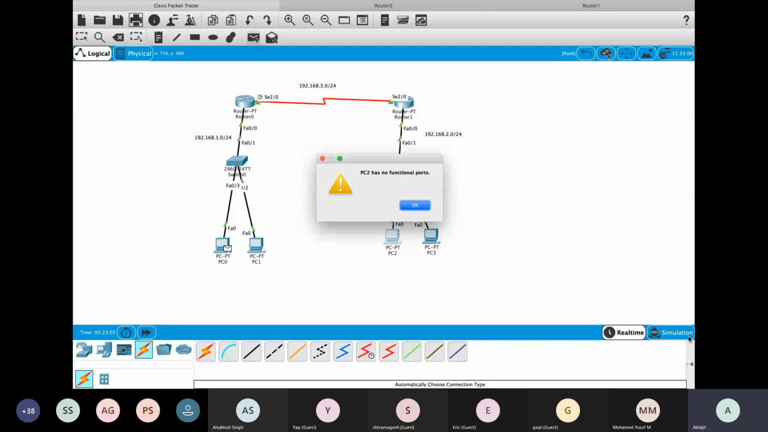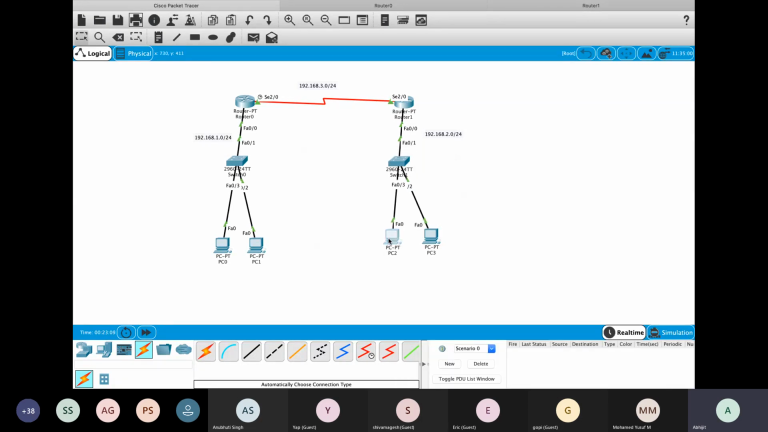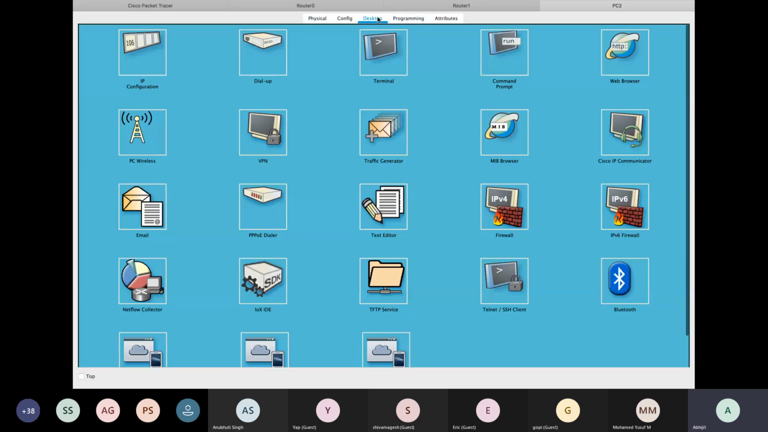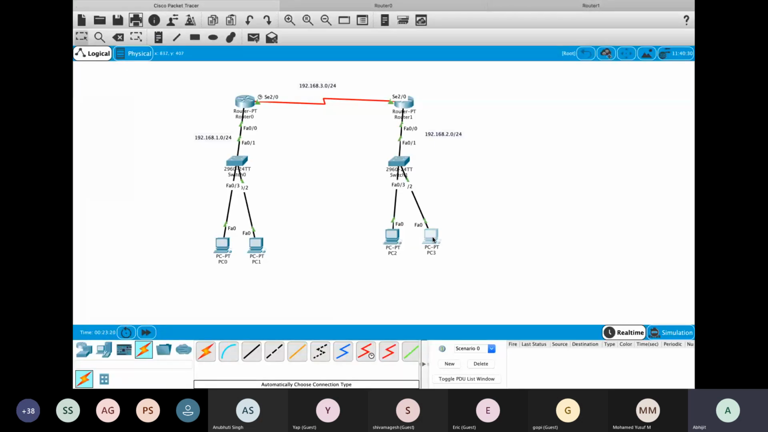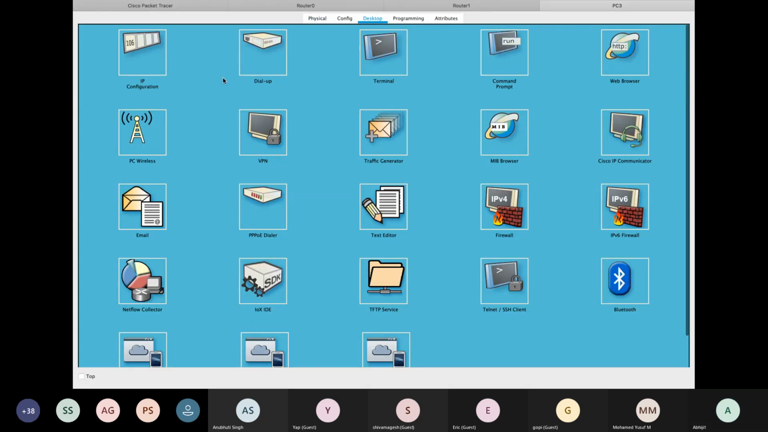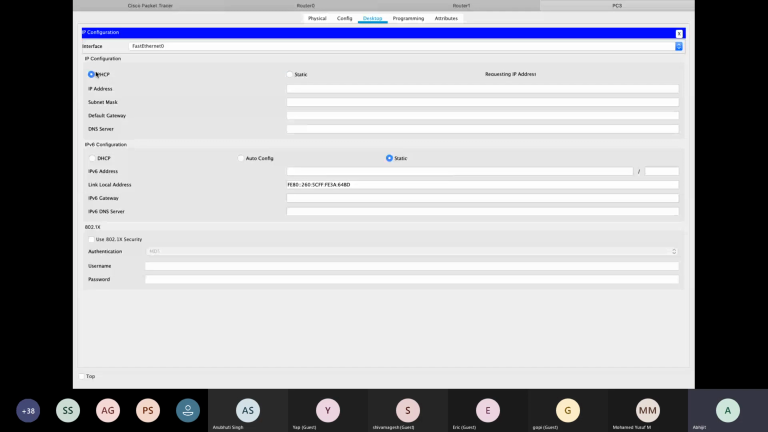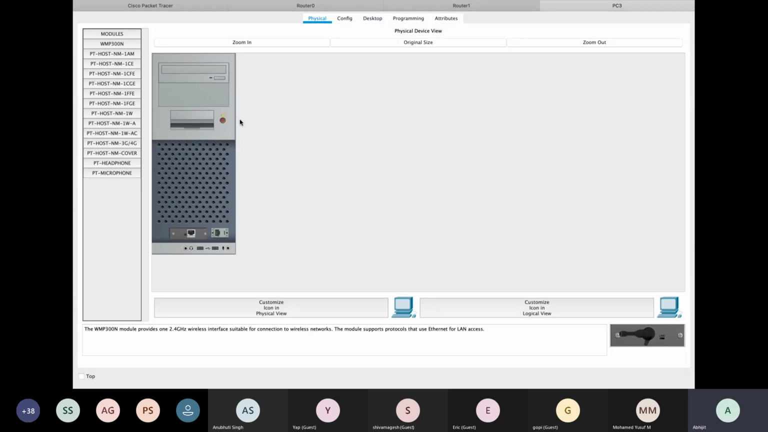the PC doesn't have any ports functional. I'm going to go and configure the IP addresses on these devices. DHCP, and it's working. And then DHCP, and it's working fine. There you go. And then if I try to send traffic now,